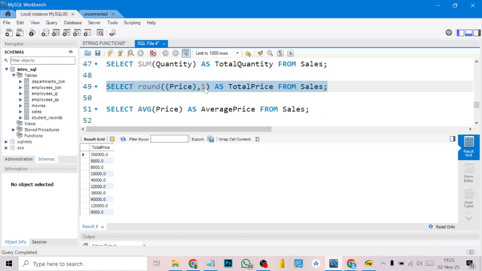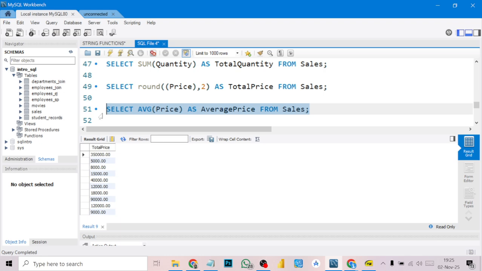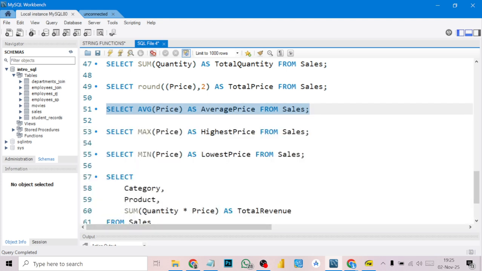This means this round here, you might need it. Round works with decimals. So if I change this to 2, let's see what we are going to get. You can see now I'm having 2 decimals. Notice that when we make use of average, look at the decimals, they are too much. So if you use round now,